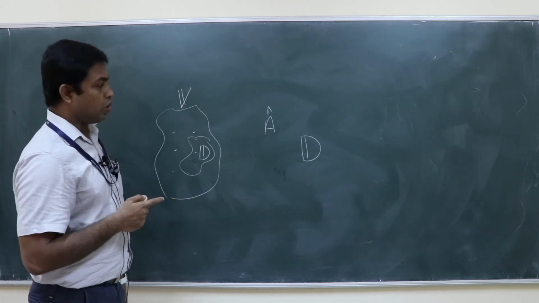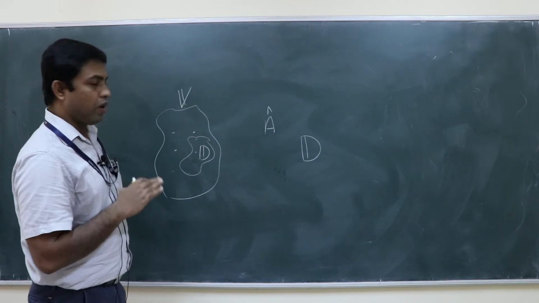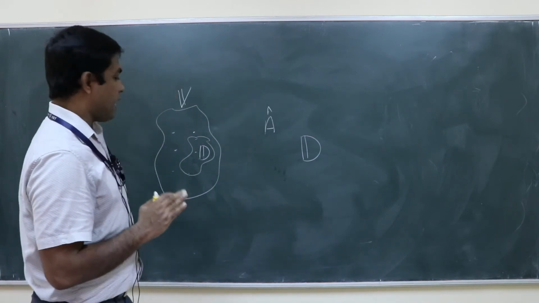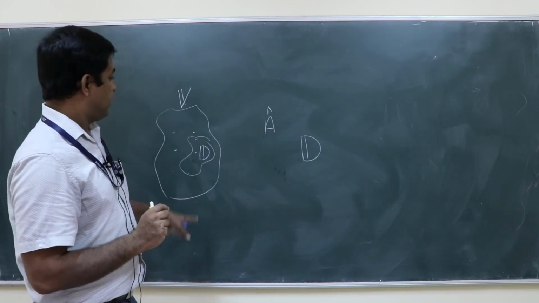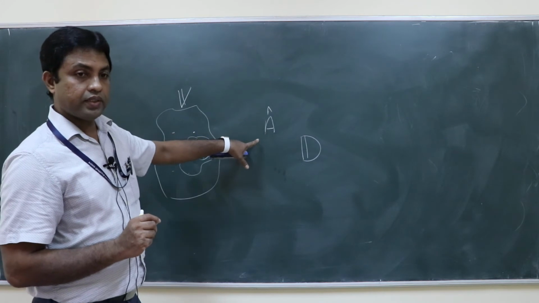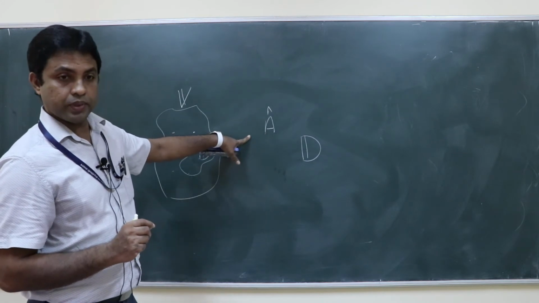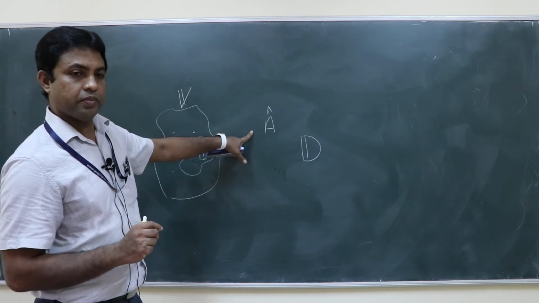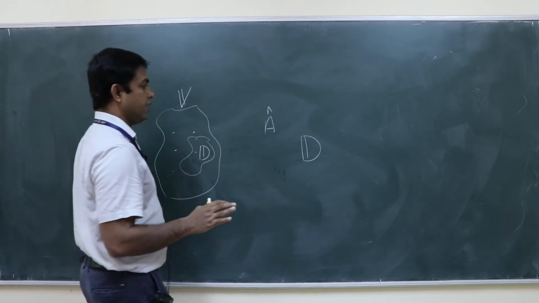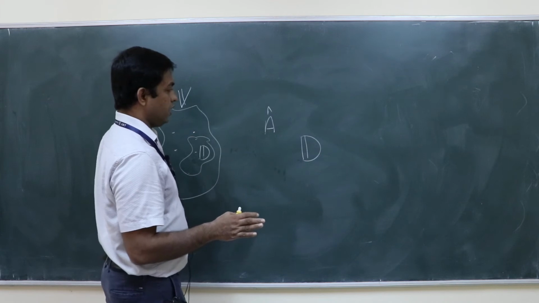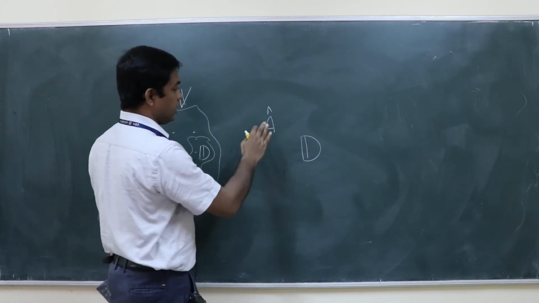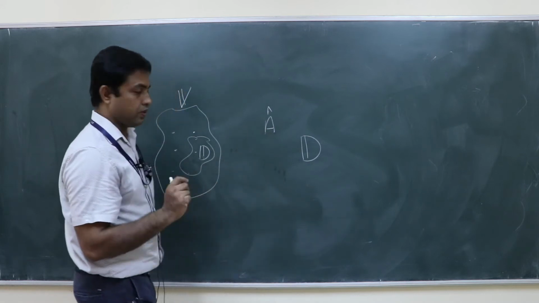Already in the last class I talked about the Hilbert space, right? Most of our physics problems happen with dense operators and a space which is a Hilbert space. So quantum mechanics basically happens in Hilbert space. From now onwards we are only concentrating on a vector space which is a Hilbert space, and also on operators which are dense.